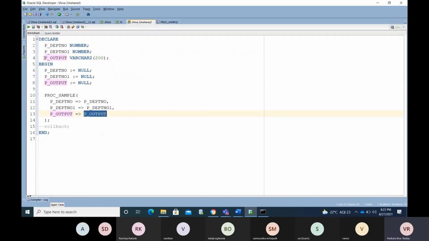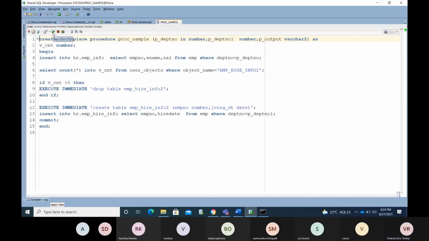Okay, you need to declare some variable. The output parameter, you are going to print some variable, right? So for that reason, we declare an output parameter here. If you don't know how to run this procedure, go and select Shift F4, describe the procedure code, and select this button simply.